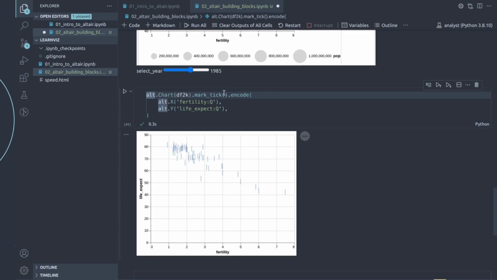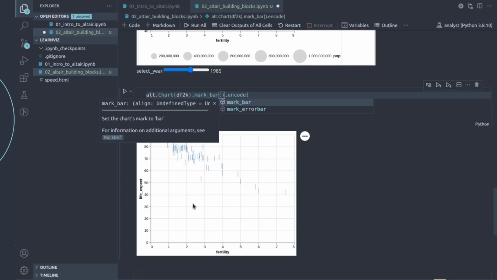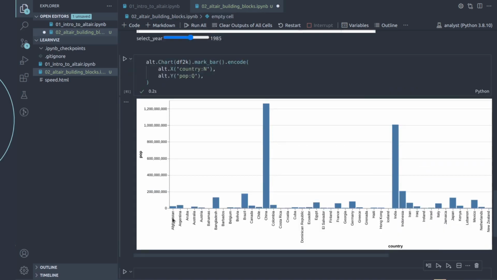All right. Let's change this to country, n because that's a nominal, and let's say population because that's a quantity, right? So population. And instead of mark tick, let's take a look. What do we want? On the x-axis, we want a country. On the y-axis, we want a population. What makes a lot of sense to visualize things like that? A bar chart, mark bar. So let's do mark bar. You can see all of these countries on the x-axis, and then on the y-axis is the